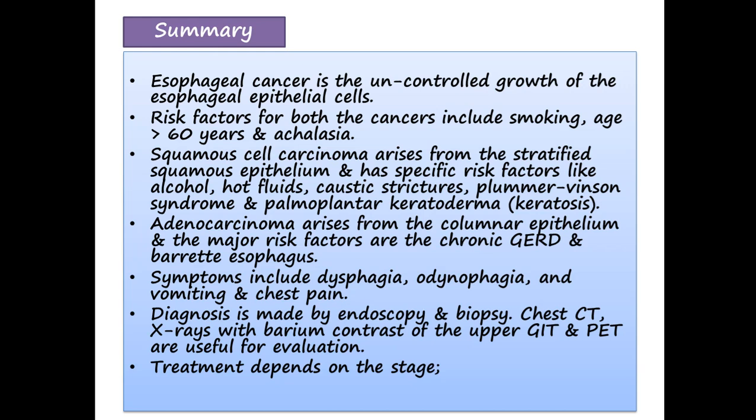There are two types of cancer. Squamous cell carcinoma arises from stratified squamous epithelium, and it has some specific risk factors like alcohol, hot fluids, and accidental inhalation of corrosive agents, alkalis, and other chemicals like bleach, which can cause caustic strictures. Another is Plummer-Vinson syndrome, a nutrition-related disorder with glossitis, inflammation of the tongue, and cheilosis, cracking at the corners of the mouth, iron deficiency anemia, and